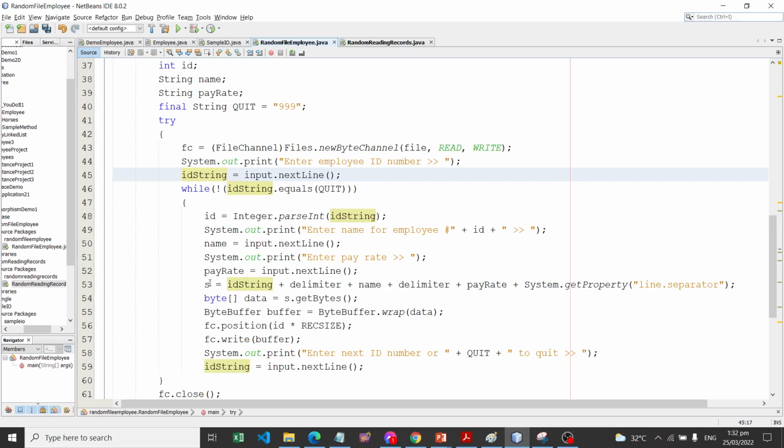Now, we are creating a byte array. For example, a byte array can be built from a string using the getBytes method. Then the byte array, which is in this case data, can be wrapped into a byte buffer. Then the filled byte buffer can be written to the declared